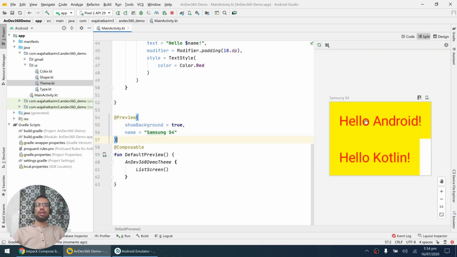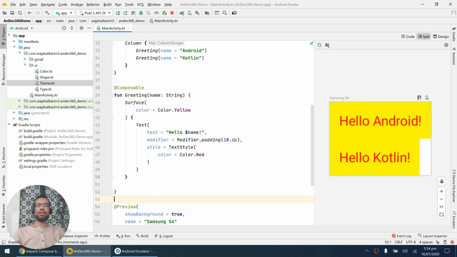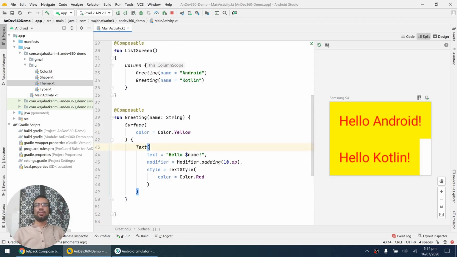See, now we have hello Android, hello Kotlin, and we can do more stuff with it, like we can add borders around, we can add spaces, and we can add different rows, and we can do more layouts. For example, we can see that the number one item is greater because its text is more, and below item is less because its text is less. So we can assign the full width. So every column has